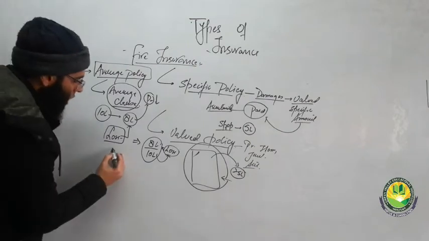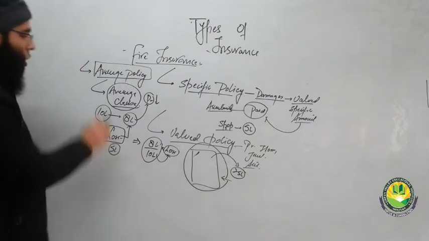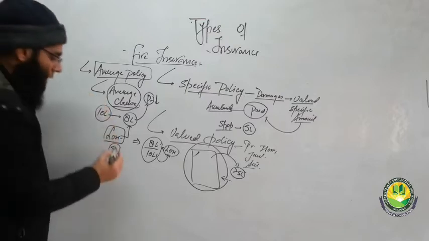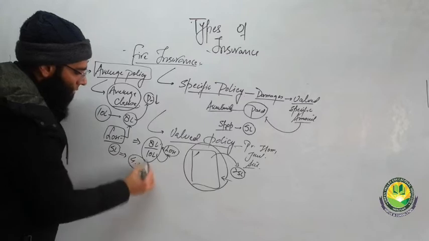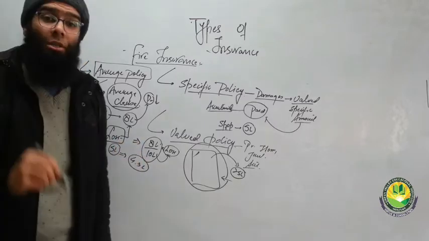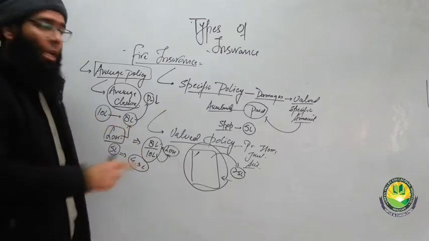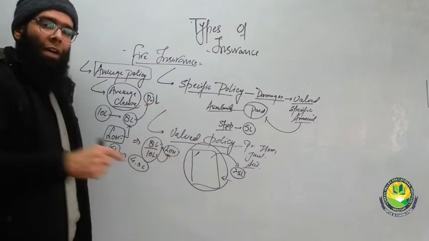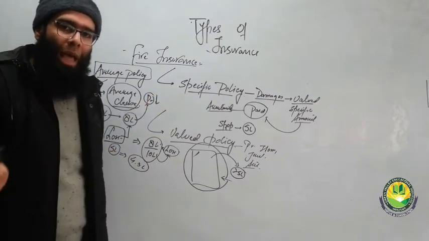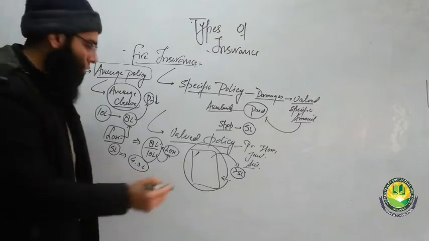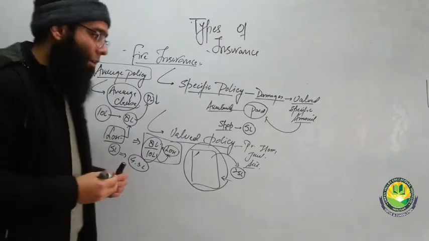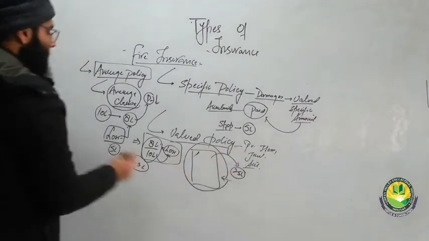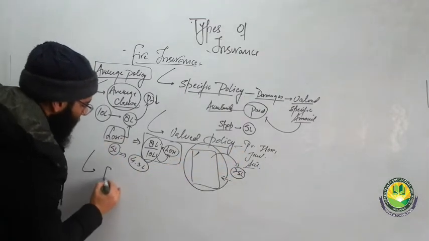Supposedly, if the loss was 5 lakh rupees, because I have an average clause in my policy, I will not be paid 5 lakh, I may be paid 4.3 lakh because of the average clause. I have reduced the value of the property so that I can pay less premium, and when the damages occur, my full damages will not be paid, it will be reduced by this amount. So that is the average policy. Then we have the floating policy.